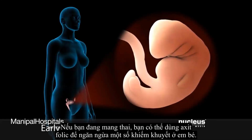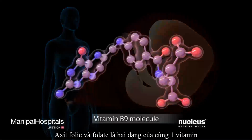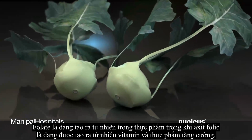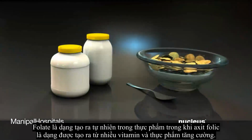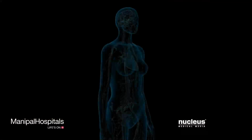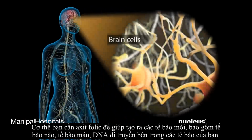If you are pregnant, you can take folic acid to help prevent certain birth defects in your baby. Folic acid and folate are two forms of the same B vitamin. Folate is the form that occurs naturally in foods, while folic acid is the man-made form added to multivitamins and fortified foods. Your body needs folic acid to help make new cells, including brain cells,